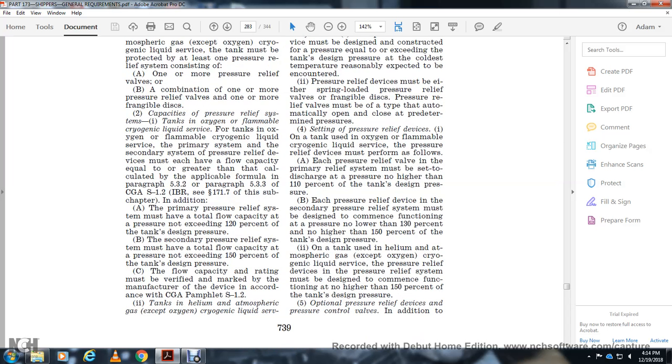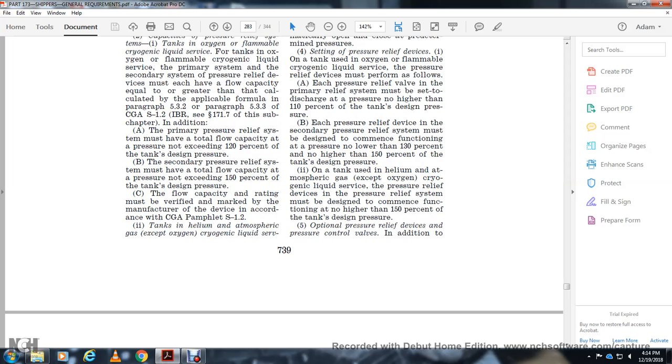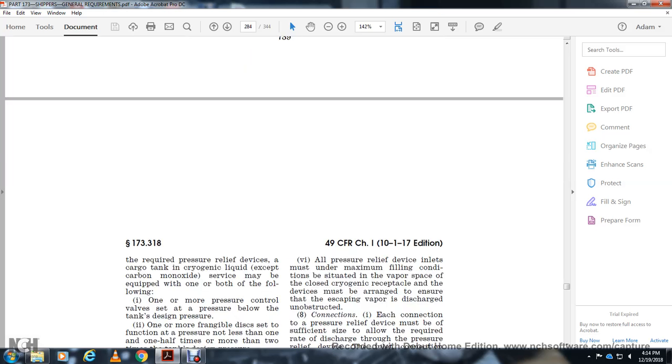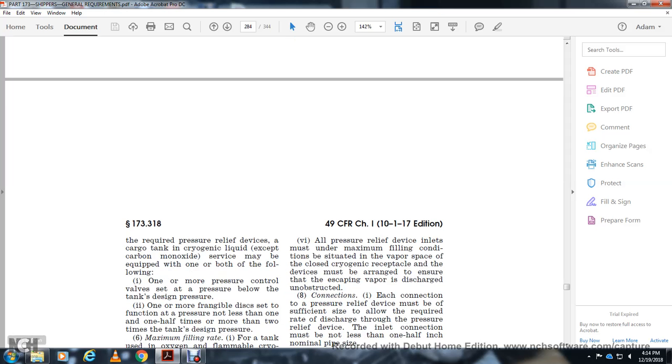For a tank used in a helium atmosphere with gas, except for oxygen cryogenic liquid, the pressure relief system must be designed to commence functioning no higher than 150% of the tank design pressure. Operating pressure relief device and pressure control valve: in addition to the required pressure relief devices, a tank for cryogenic liquid, except for carbon monoxide service, may be equipped with one or more of the following: one or more pressure control valves set for a pressure below the tank design pressure, one or more frangible discs set for a functioning pressure not less than 1/2 time nor more than 2 times the